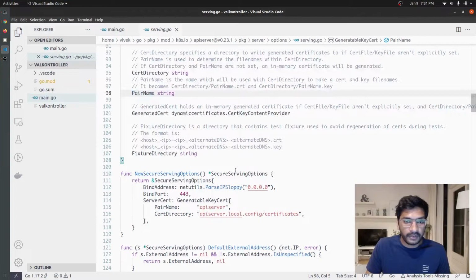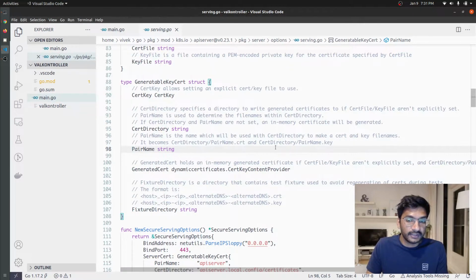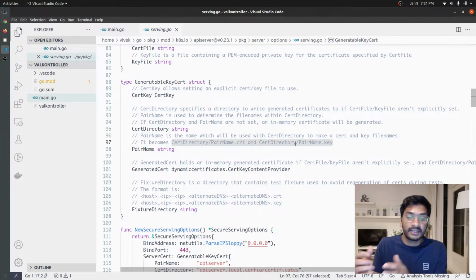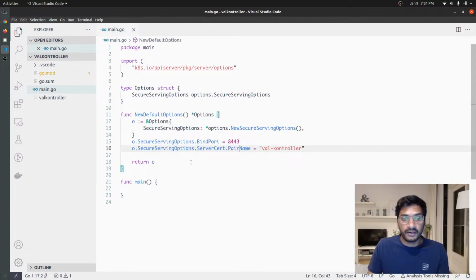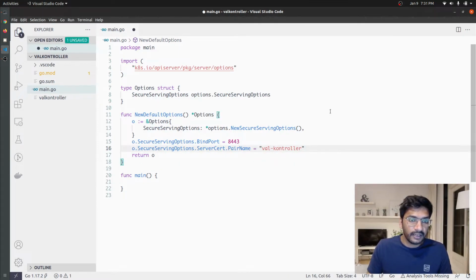So if we go to pair name, we can see here, this is how .crt and .key files are going to be generated if we don't specify them while running this application. But in our case, you don't have to worry about this, because we are going to specify the .crt and .key file to this application manually. So now that we have default options,